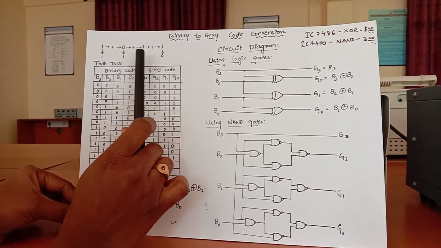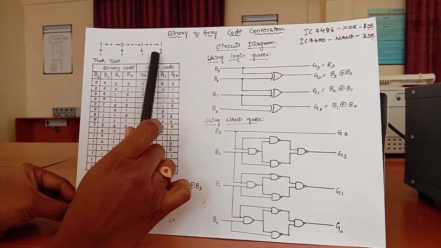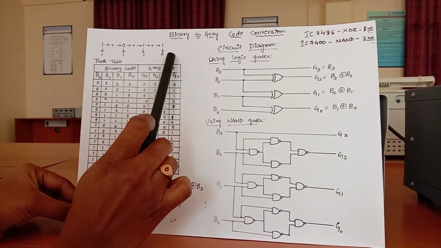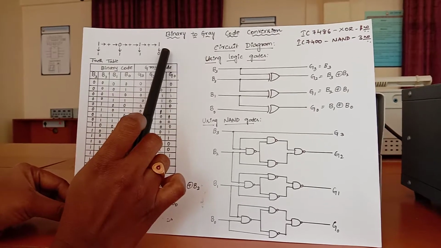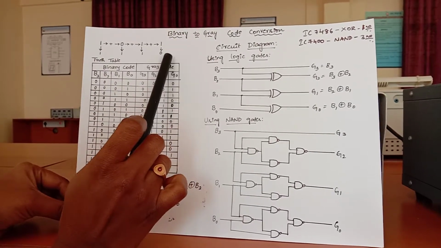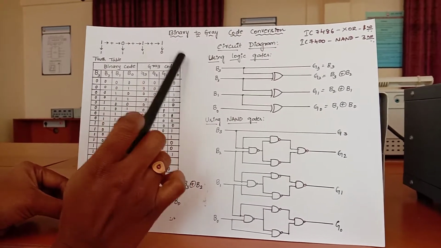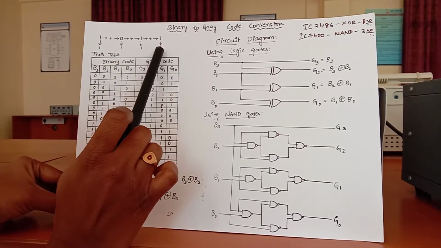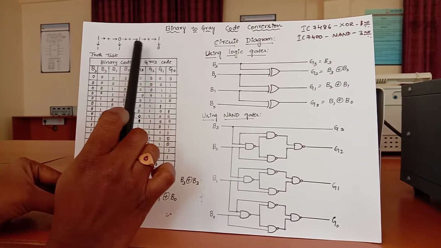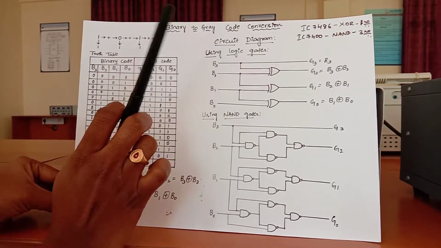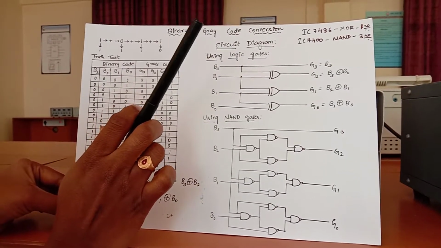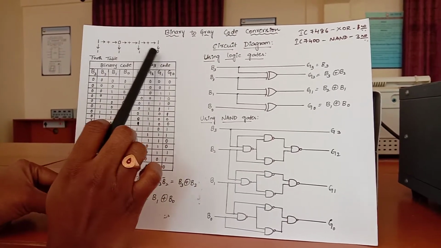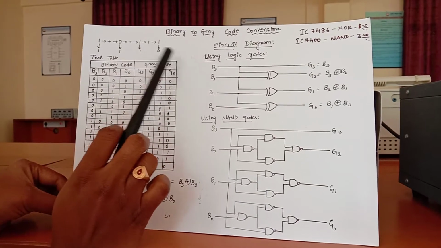To get the next bit, this bit and this bit are summed. You can see here it is 1 plus 1, then the sum will be 0. A carry will result, but we are only interested in the sum bit, so 1 plus 1 results in 0. So here it is not an OR we are doing, it is the logical sum. Like this we do the binary to gray code conversion.